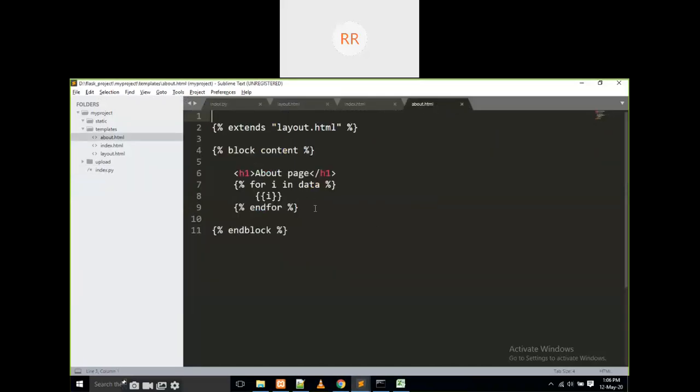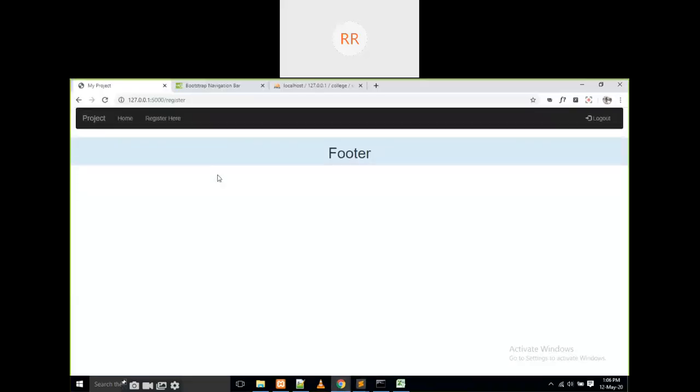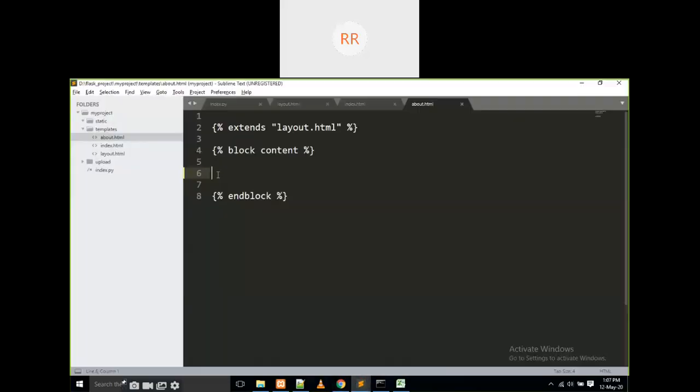In this about.html, I am going to create the registration page. There is no content here. I am going to add some registration content, for example username, text boxes and everything that is perfect for that. I will add that content here.